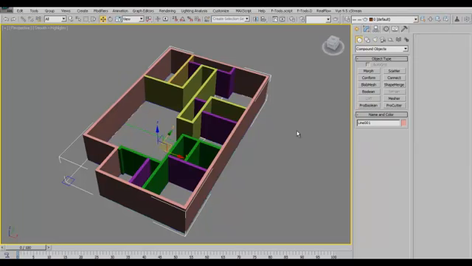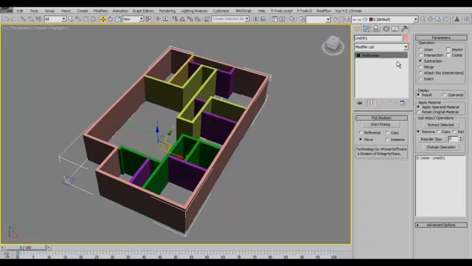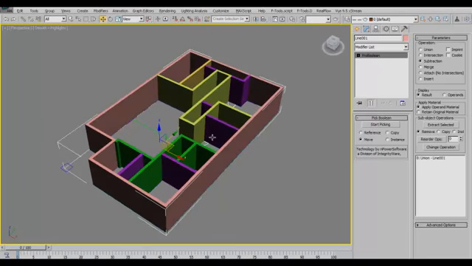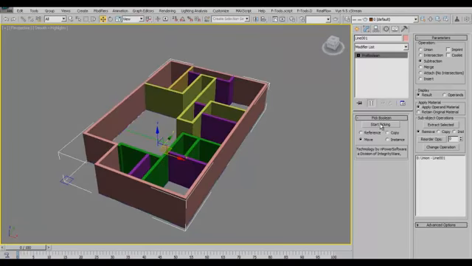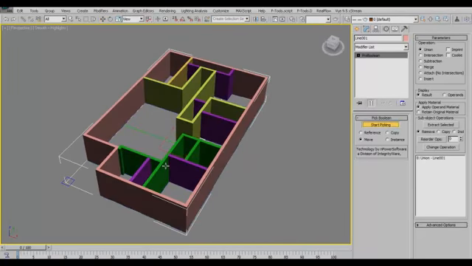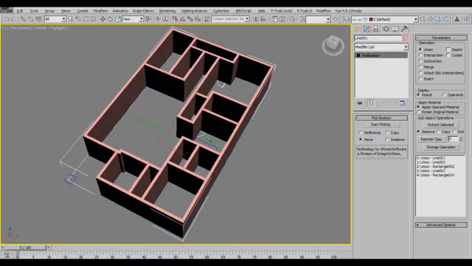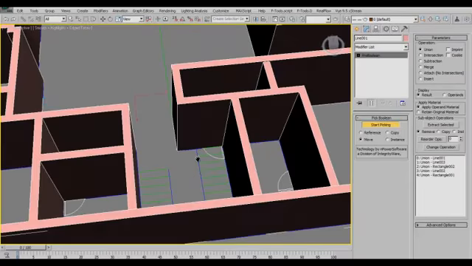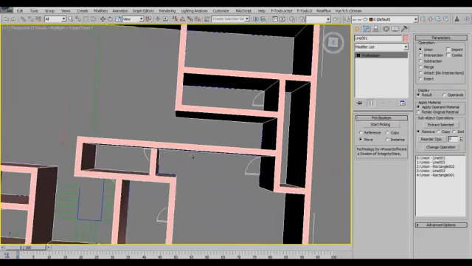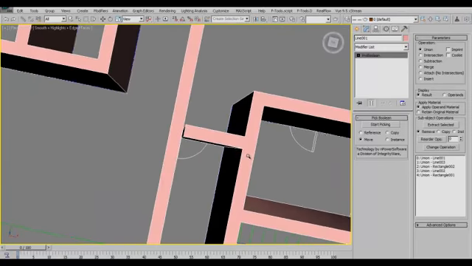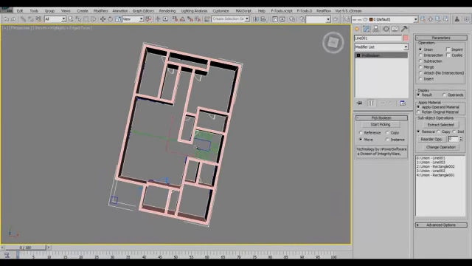But you could also just exit this command, and once you come back you can still see that Boolean. It's not as if it's gone once it's done; it's still there, and you can continue to add more objects or subtract more objects from it. So I pick my start object, first check union, and start picking my walls one by one. It merges all the walls, and you can see in wireframe mode that it merges them without the previous intersections. Because we had this not touching initially,